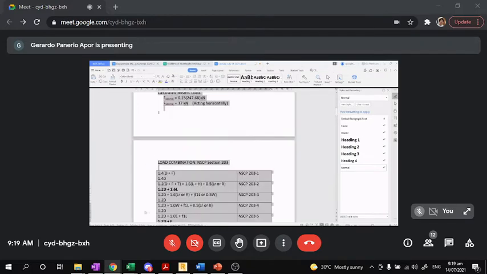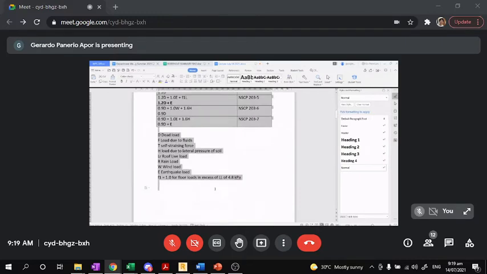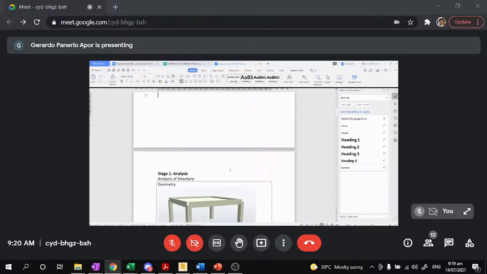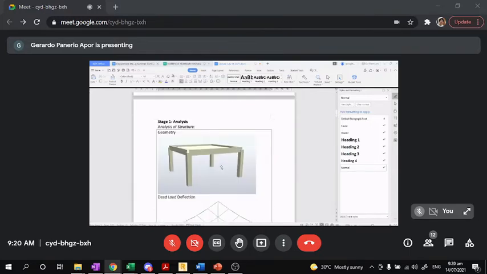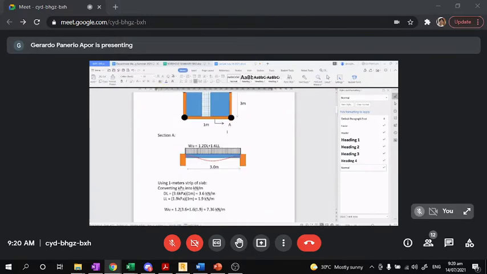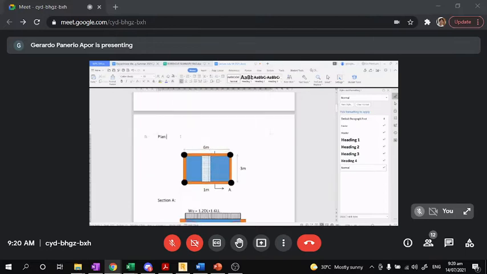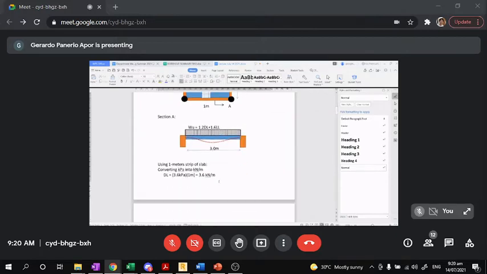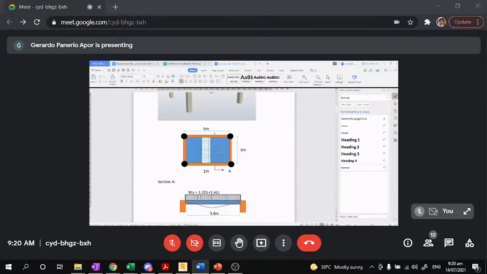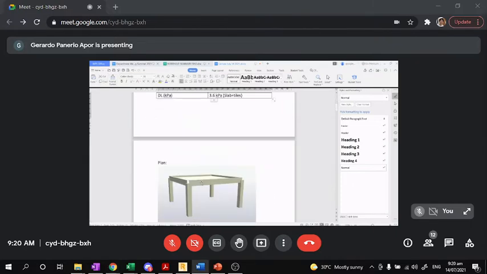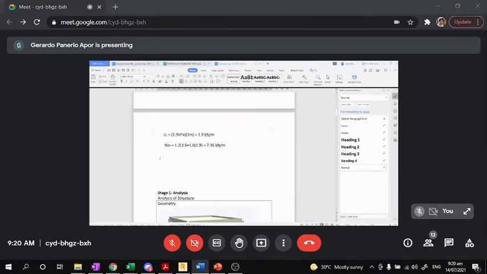We will put that in the figure. So, we have W, so I can copy this one now. The shear diagram and the moment. In this, I can put